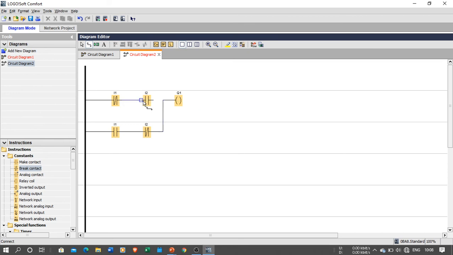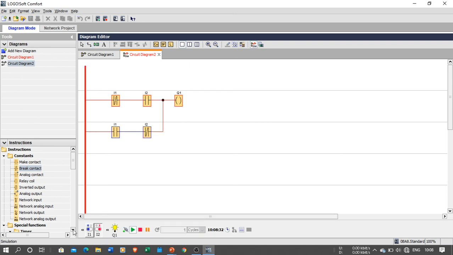So when you are going to join like this, okay, so we will check. As we already discussed, the XOR gate, exclusive OR gate, will give you the output only when the inputs are different.